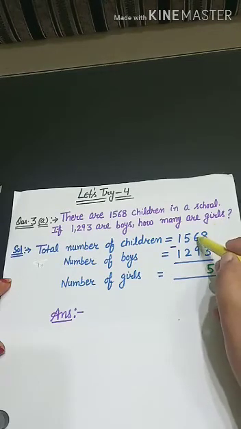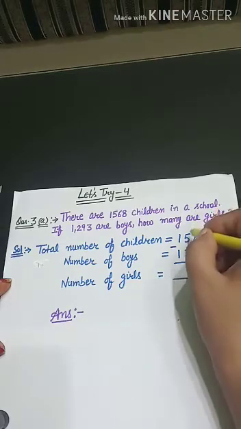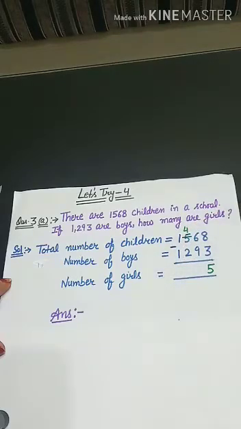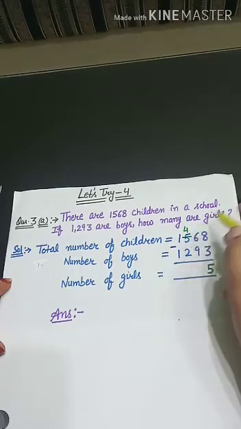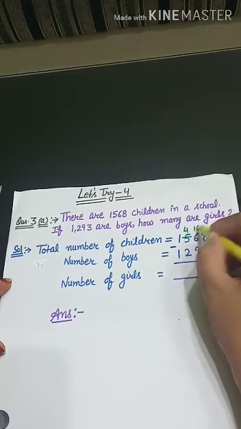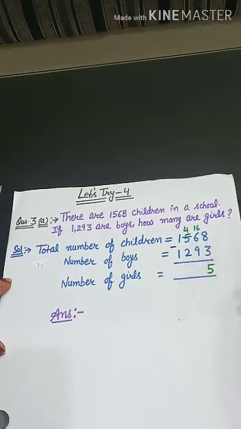Then subtract the tens. 6 minus 9, but 9 is bigger than 6, so we cannot subtract, so we have to take borrow 1 from here. तो यहाँ से जब हम 1 borrow लेंगे तो यहाँ पर क्या रह जाएगा 4, और जो 100 हम यहाँ से borrow करेंगे, it will become 106 tens will become 16 tens. Now subtract 9 from 16. When you subtract, you will get 7.